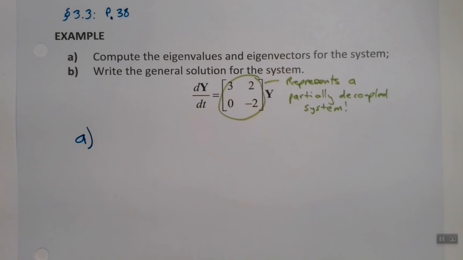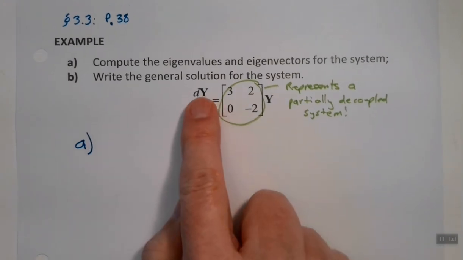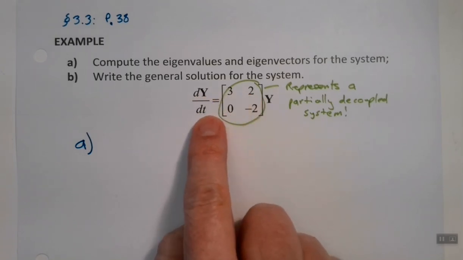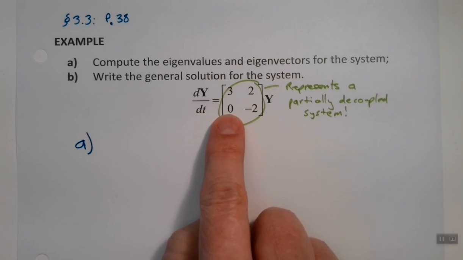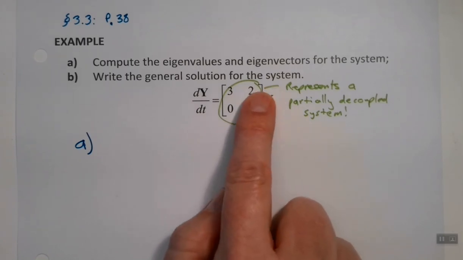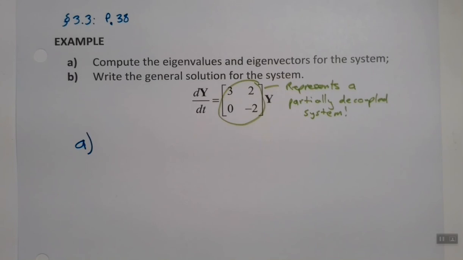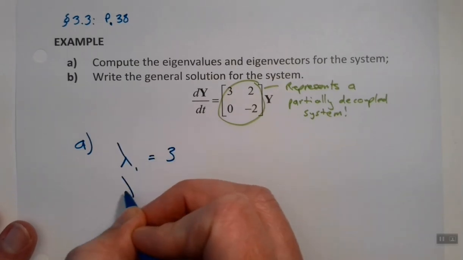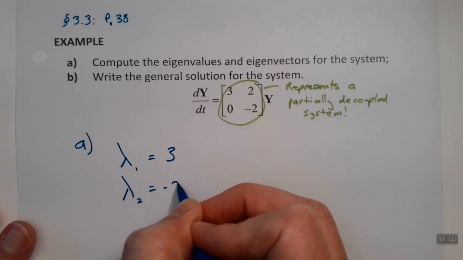If you notice, if you turn this into x of t and y of t, the top equation would be dx/dt equals 3x plus 2y, and the bottom equation would be dy/dt equals 0x minus 2y. And so that one you could solve using our separation of variables technique and then substitute into the other one. So there is actually a way to solve this using prior techniques, but we don't need that because thanks to Maple, we know lambda 1 is equal to 3, lambda 2 is equal to negative 2,